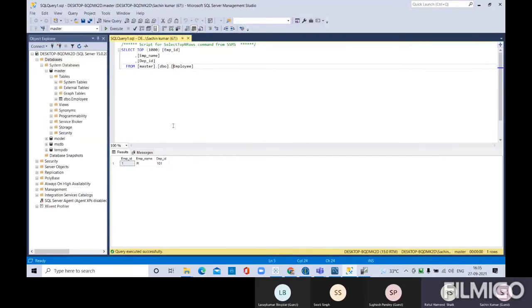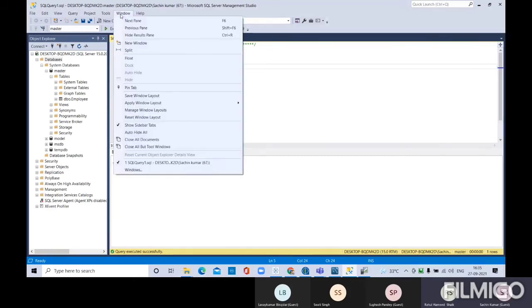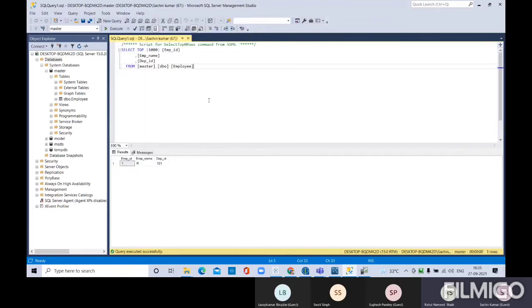You want to see what details you have used here? I think in the other window you are seeing the same thing. Just give Alt tab so that you can see the new window you have opened, right?